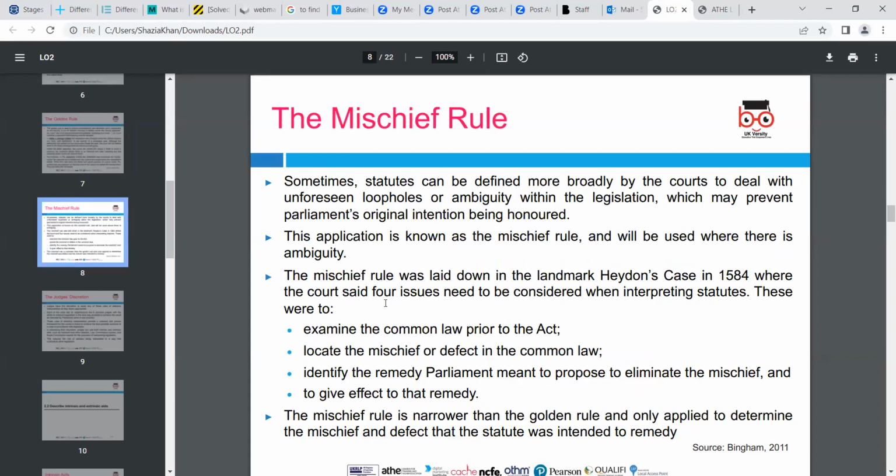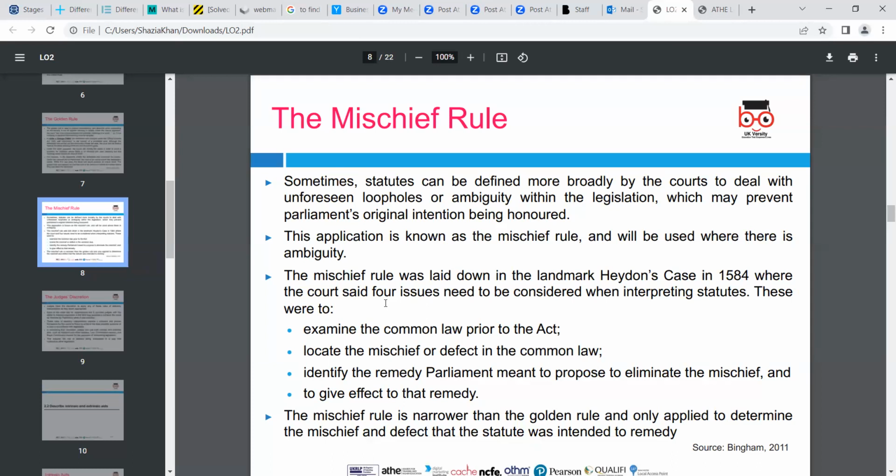The mischief rule. Sometimes statutes can be defined more broadly by the courts to deal with unforeseen loopholes or ambiguity within the legislation, which may prevent Parliament's original intention being honoured. This application is known as the mischief rule and will be used where there is ambiguity, and the mischief rule was laid down in the landmark case of